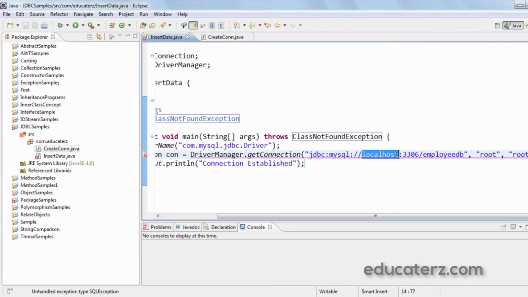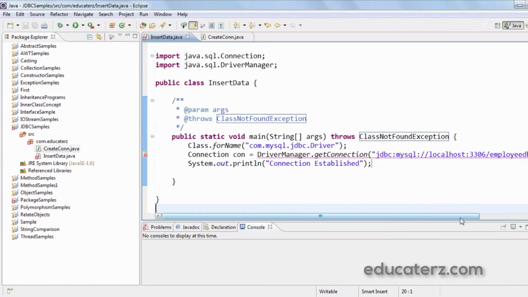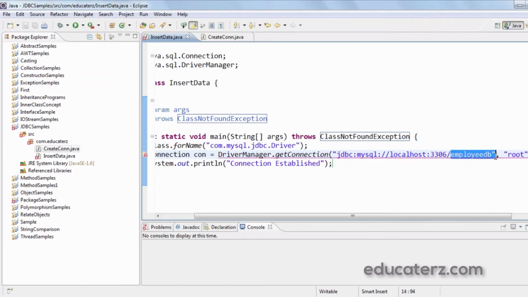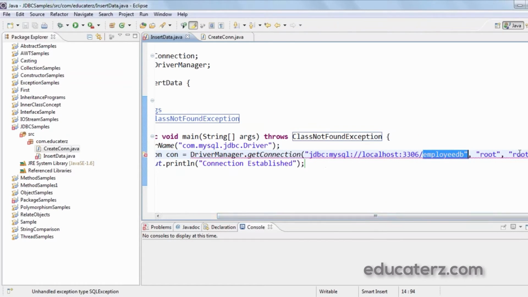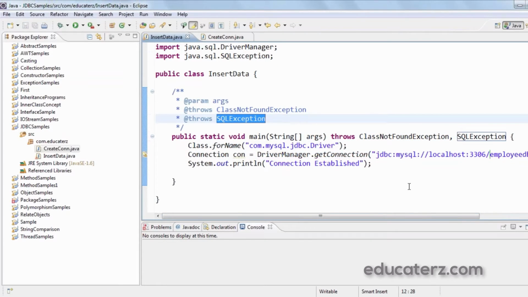In my system I'm using the same system for both client and server, so I mention localhost. If my database server is on another machine, I need to mention the IP address of that machine. 3306 is the port number, employee DB is the database name, root is the username, and root again is the password. This throws an exception, so we handle it using a throws declaration.